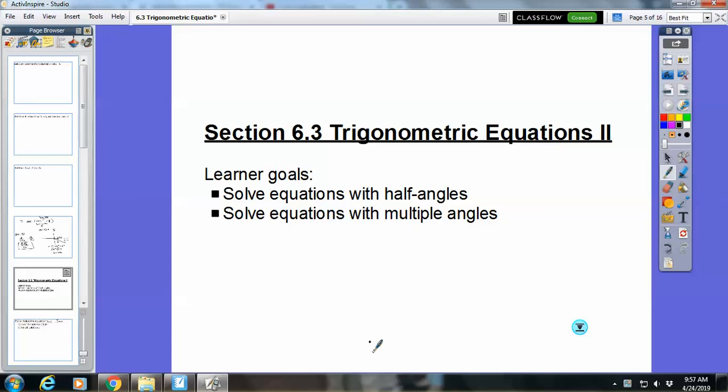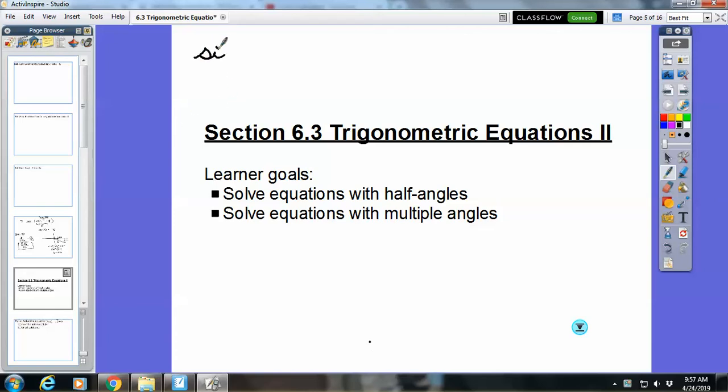We are continuing to solve equations, but these are going to have a couple extra pieces involved with them. So on the last section, all of our angles were always a theta. These we might see a 2 theta or a 3 theta. If you think back to graphing,